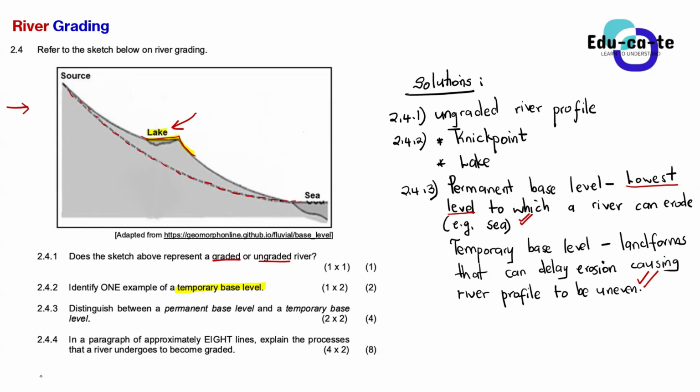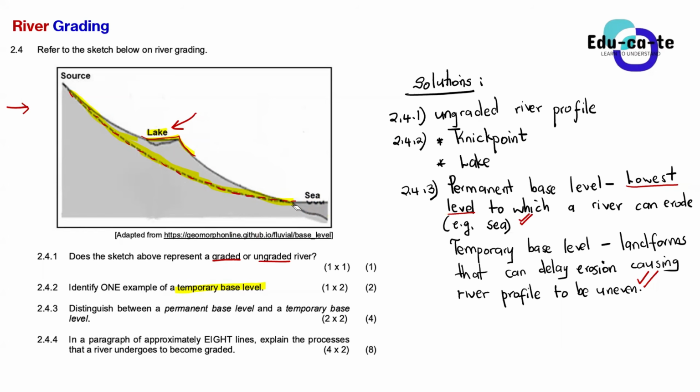So a river can erode all of the lakes and stuff like that. It can erode it such that it will end up having a smooth concave profile that will be passing through these areas that I'm highlighting here with yellow. So this is how the river will actually pass after eroding the lakes and stuff like that. It will not have any more nick points, all right? But it cannot erode below the sea, because the sea is full of a lot of water. So that's another way of trying to see what a permanent base level of erosion is.